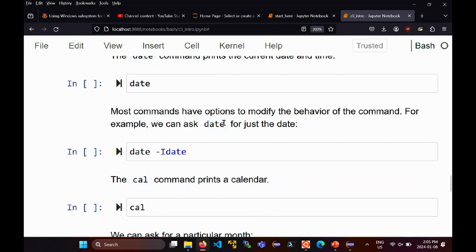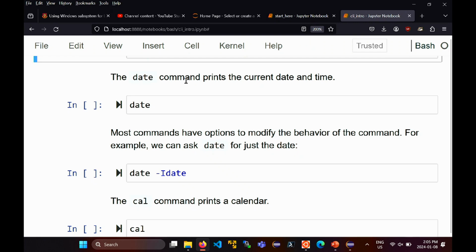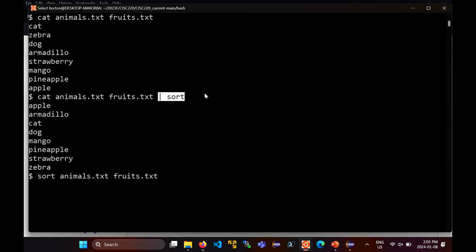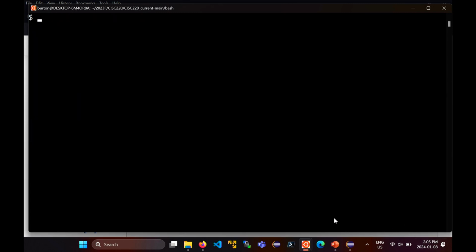All right. The date command. Remember, you're on a computer and all you've got is this terminal. All you're staring at is this black screen. Often you want to know what time it is. On a modern computer, you just look in the bottom right-hand corner, or the upper left or something. But if you're just looking at a terminal, you need a command to get the time. So that's date. Date tells you the time. So it's Monday, January 8th, and it's currently 10:42 Eastern time. It's not 10:42. So something's gone wrong with my computer. It's definitely not 10:42.